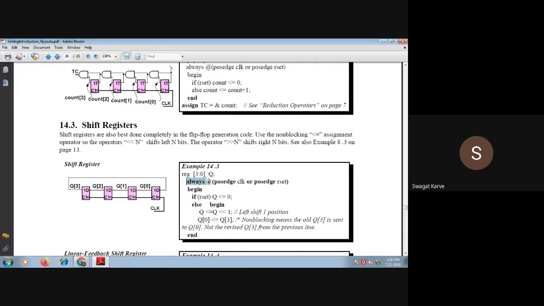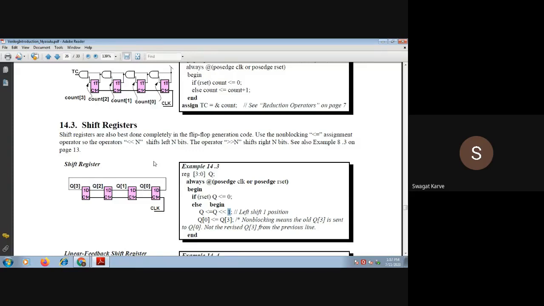It's a 4-bit register. Then always @(posedge clock or posedge reset), begin. If reset is there, meaning we have reset the shift register, then Q will get value 0. Else begin, Q will get Q left shifted by 1 position, and the first bit Q0 will get the Q3 value, because we have given the feedback here, right?